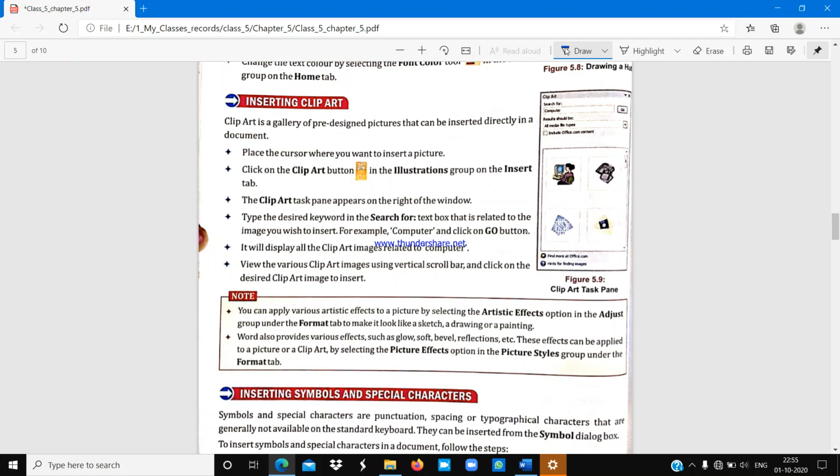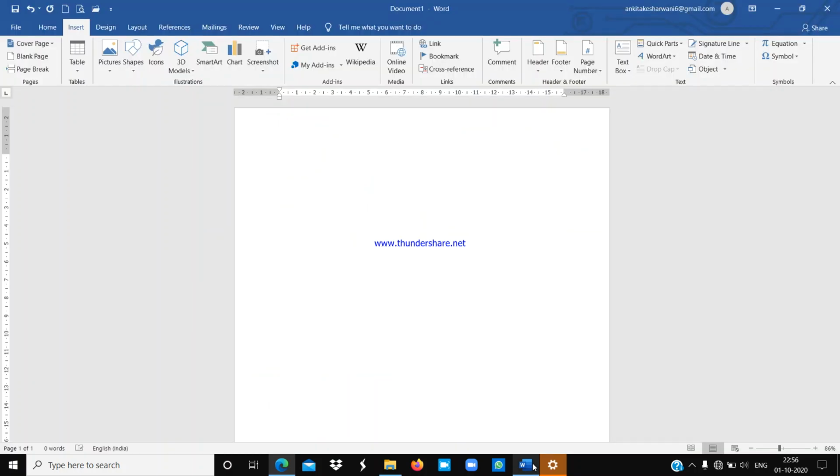And the main reason behind it, as you know, I am using the 2019 version of MS Word software, and in that software I do not have any insert clip art option, so I can't show you how we can do it. But if you have the 2007, 2010 or 2013 version, etc., you can use it.